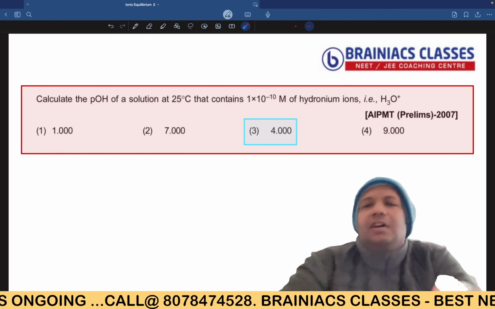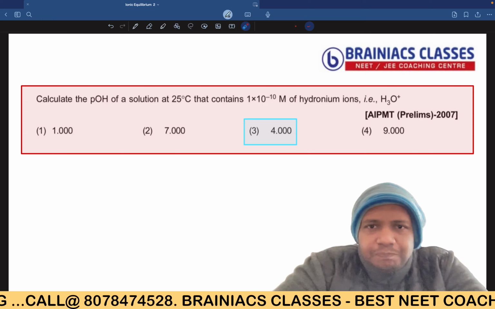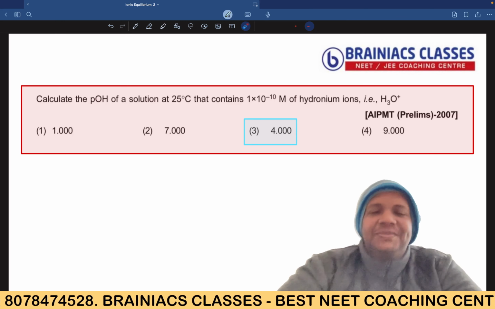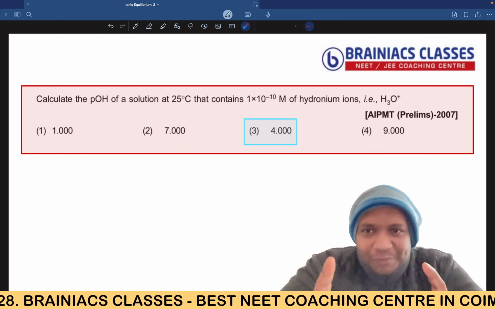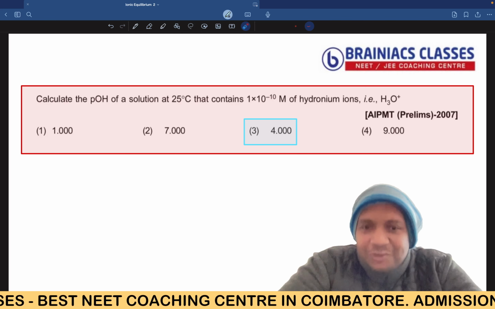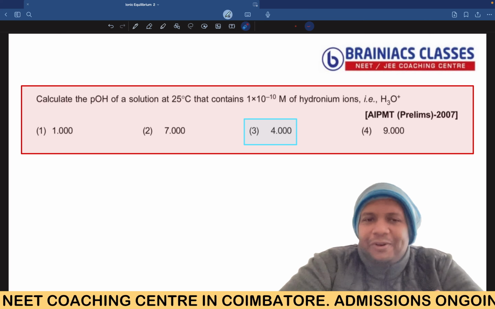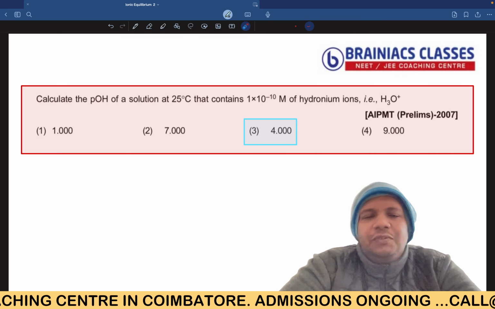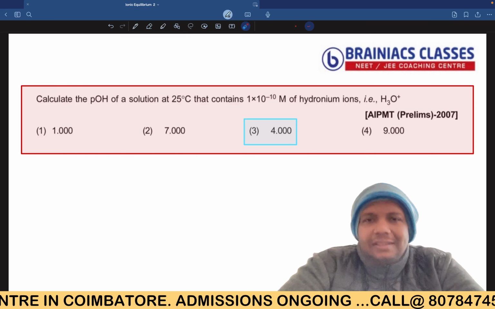So in the last class we were discussing ionic equilibrium. Some questions we discussed. So in this class we'll be discussing more questions, and I know that you guys are now aware about the reduced syllabus. One important thing I would like to inform you is that since the syllabus is reduced,